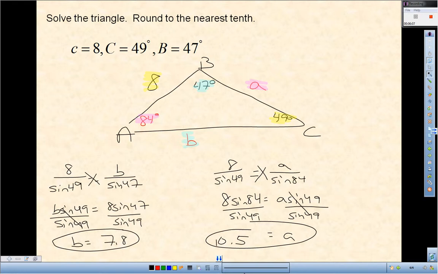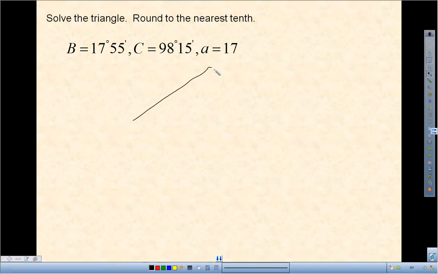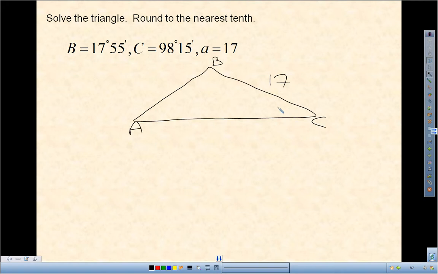Okay, looking at another one. All right, this one is just meant for you to make sure you remember how to type in the minutes into your problem. And so for this one, I'm going to label this A, B, C. Side A is 17. Angle C is 98 degrees, 15 minutes. Angle B is 70 degrees, 55 minutes. And then you could use your calculator, add these two angles, subtract from 180. That'll give me